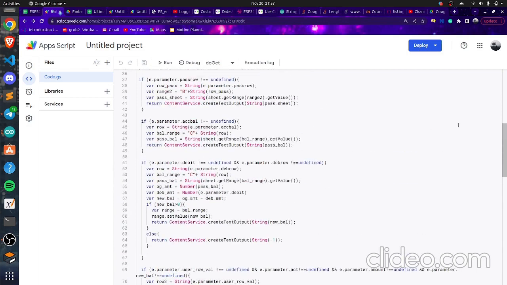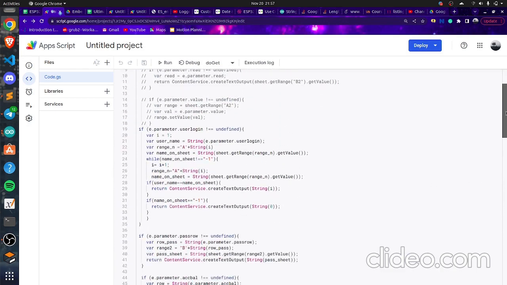For example, if I take the login function, whenever we enter a login, a request is sent to the script to fetch the username, to confirm if the username is there in the sheet. If the username is there in the sheet, it will fetch the row number of that user.